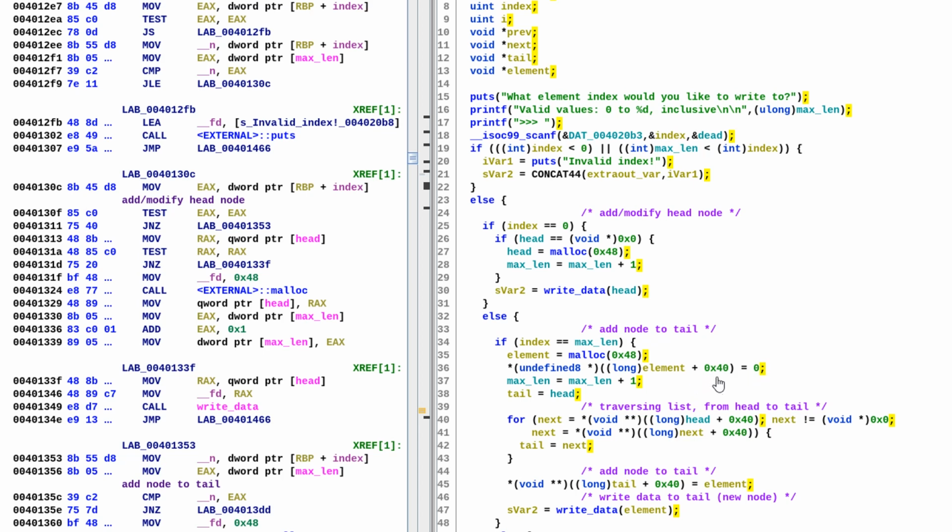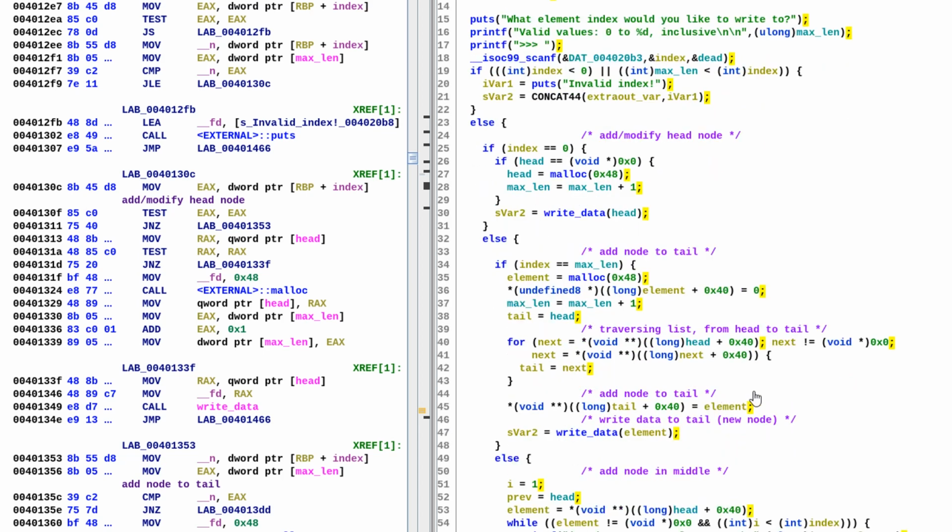So that's set to 0, and that's why that happens. And whenever we're looping through each of the items, we're not looping through the 72 byte chunks, we're looping through 64 bytes at a time, because it's 64 bytes for our data, and then it's 8 bytes for the address